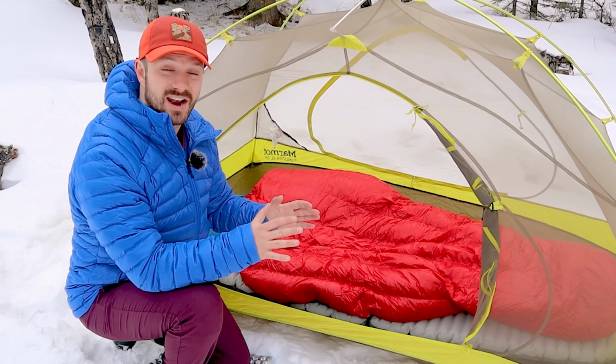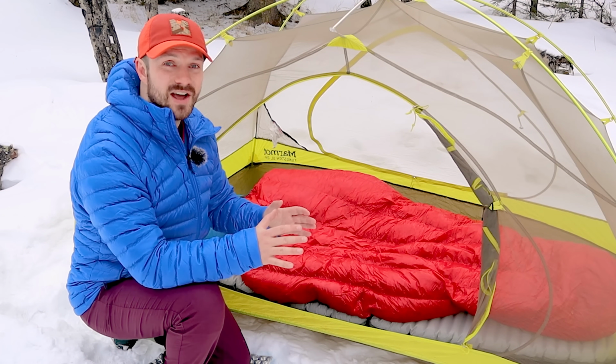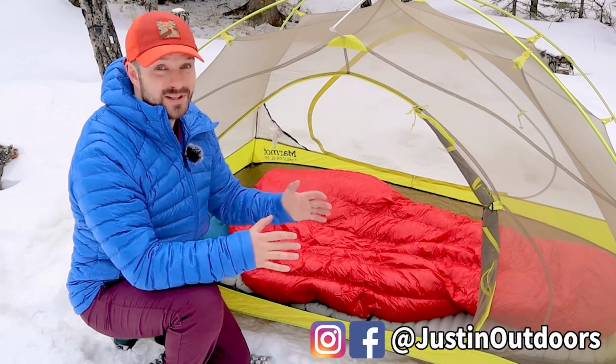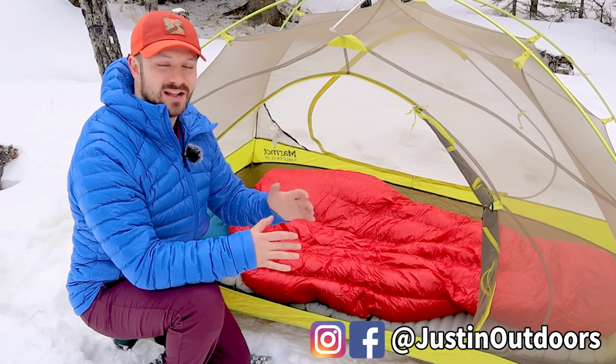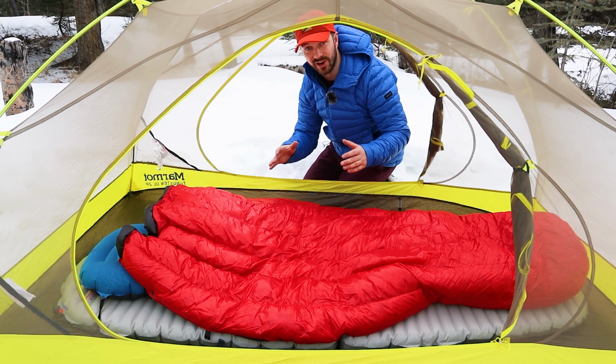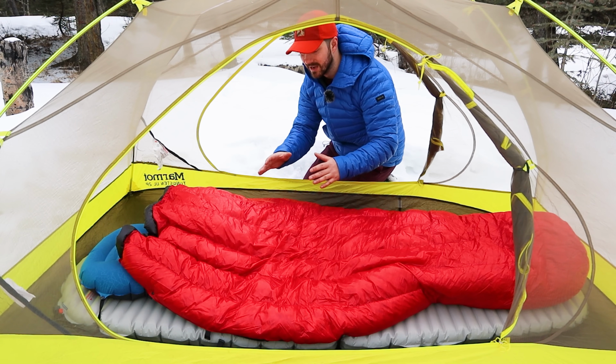And I just want to say that I'm not coming at this from the perspective of a hardcore ultralight thru hiker. I'm a weekend warrior. I like to be lightweight when I'm backpacking, but overall I like to be comfortable, and that's where I think quilts really shine. So one of the first things you'll hear about quilts versus sleeping bags is that quilts just